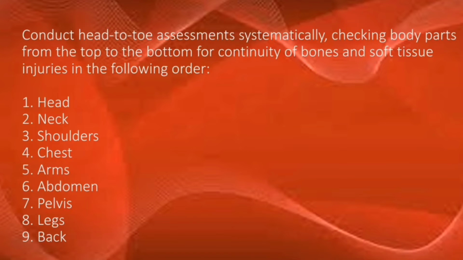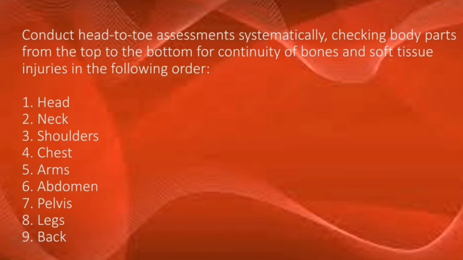So, first is the head. Check the head if there is bleeding or injury and ask the person if he is okay or if there is pain in his head so that it can be treated right away. Number 2 is the neck. Check the neck if it is swelling or bruising. Ask him if there is stiffness or pain from his neck down to the shoulders, and if there is, locate the neck pain and find out if it is severe or not, as well as observe him if he has